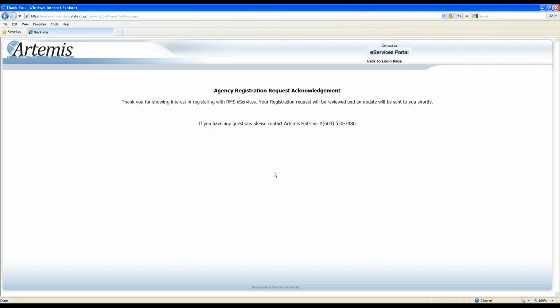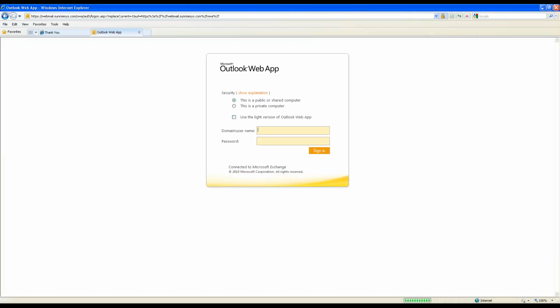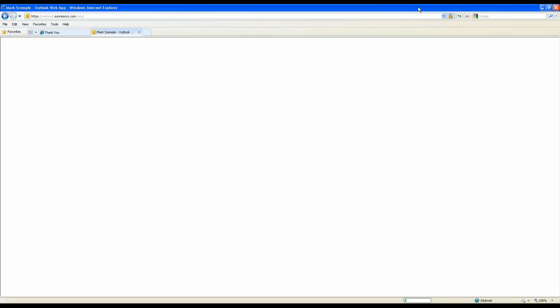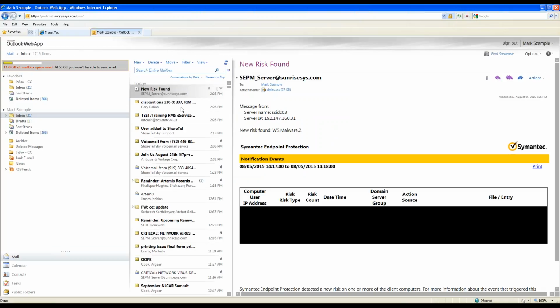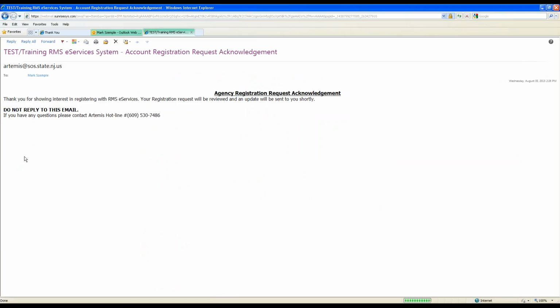And then once they approve your request, what will happen is you'll get an email back letting you know that your request has been approved. And if I just jump into my email real quick, I just want to show you that. Bear with me here. Okay, and let's see here. Here we go. And if we take a look here, you'll see here's my email that just came in. Okay, and it tells me, you get an email confirmation as well, saying that you've registered for the system, and you're just waiting for the state to approve.